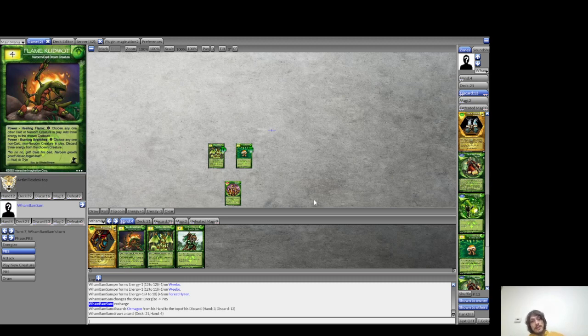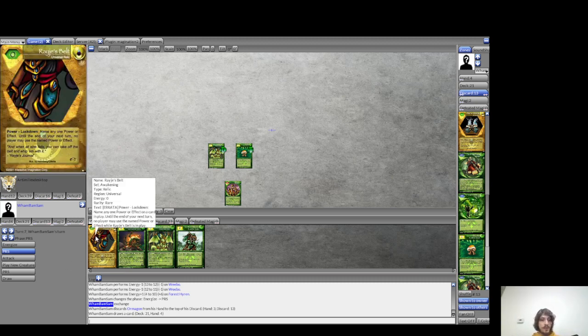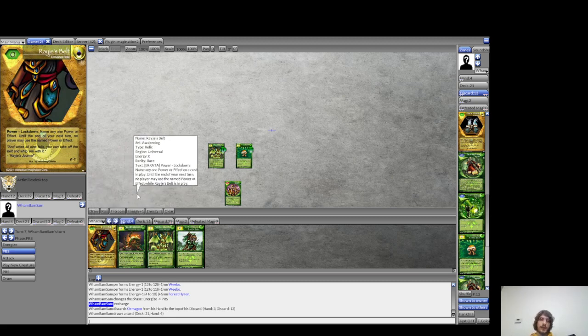If you look at it, it's a power lockdown: name any one power or effect on a card in play. Until the end of your next turn, no player may use the named power or effect while Rayje's Belt is in place. So this is like a staple tech card, an important piece of interaction. Maybe you don't necessarily want universal staples, but I would say that all the universal staples in Magi-Nation are pretty reasonable and should be universal. Now, before I go on a rant about the One Ring in Historic,